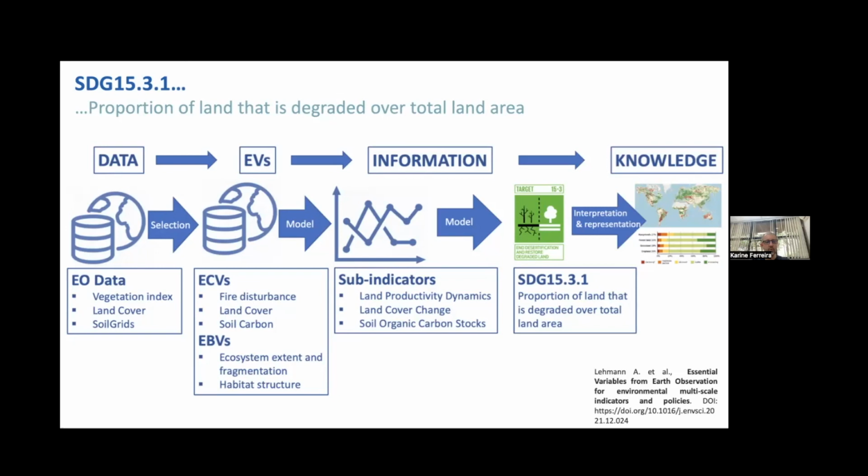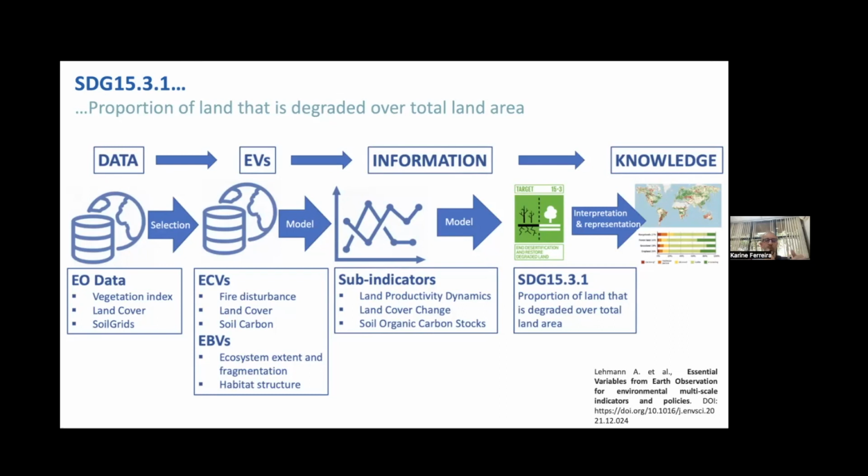So you probably know that the SDG 15.3.1 is aiming to measure land degradation, which is of high importance at the global scale, because it's putting pressure on more than 3 billion people around the world. So it has a huge impact on food security, for example. And there is a full,